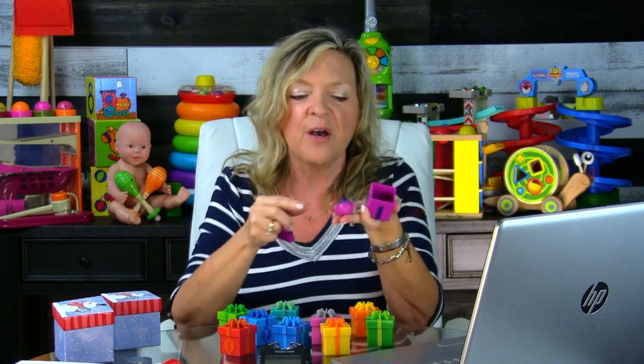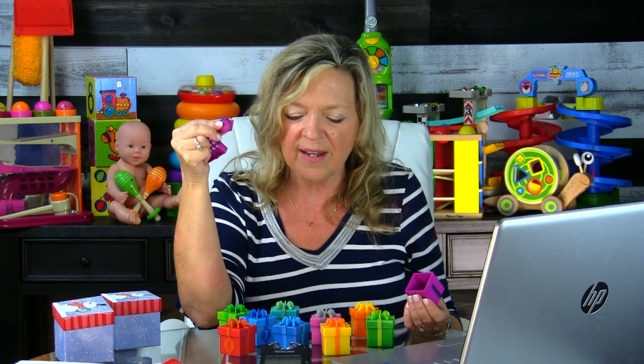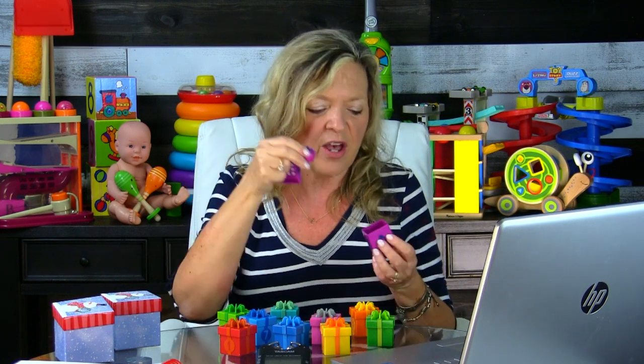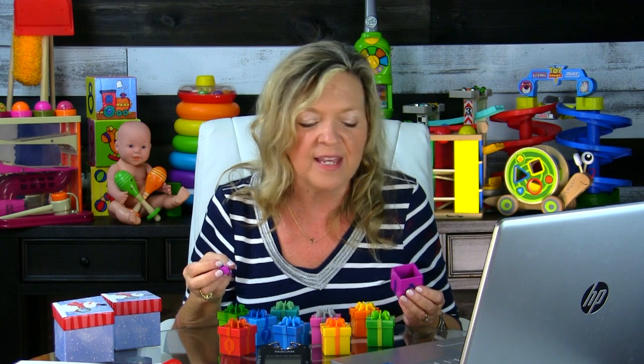Now naturally, let me go ahead and give the precautionary word that if you have children who are still mouthing a lot of objects, you are naturally not going to use this toy without hands-on, constant adult supervision, because some of these toys probably are a choke hazard. But it's a super fun way for kids to name lots of things. And again, for our late talkers,